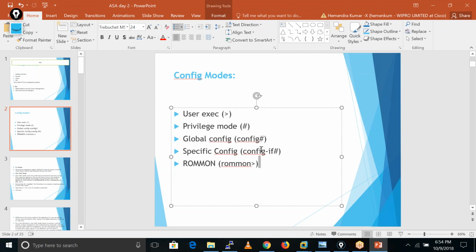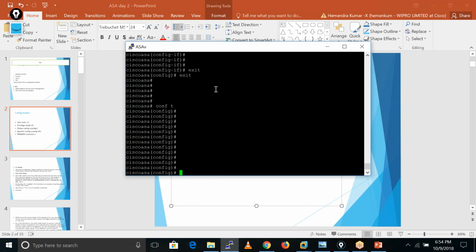These are the specific config modes. Specific config mode means these are the modes related to particular features. So if I go inside my interface configuration, I am writing interface GigabitEthernet 0/0.